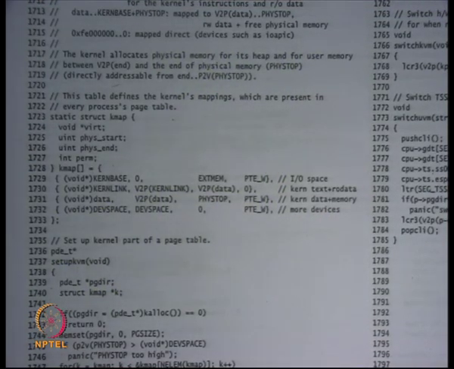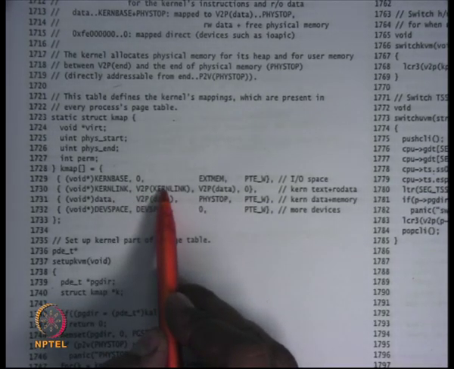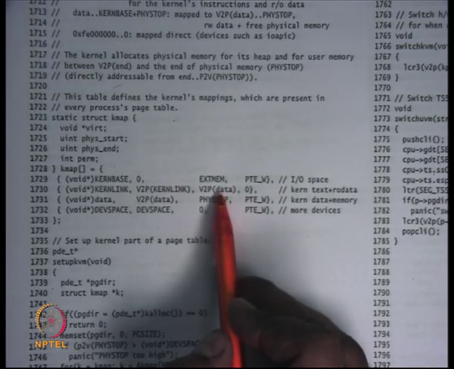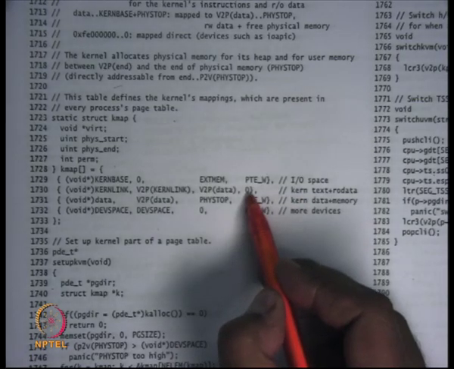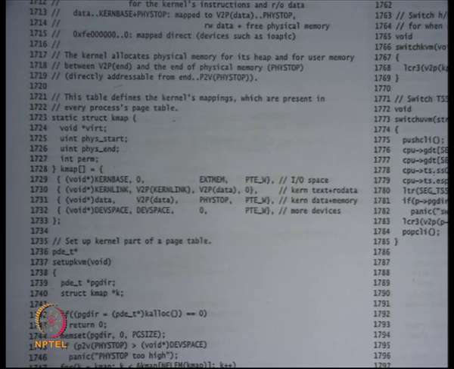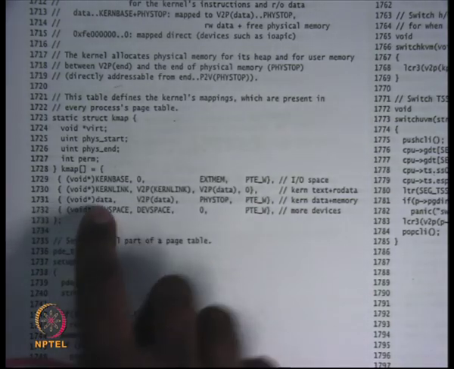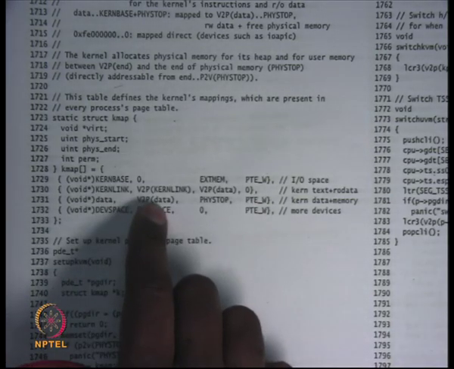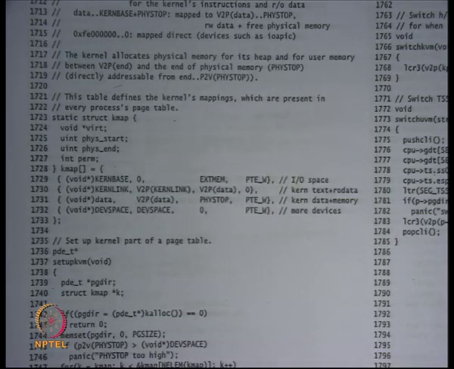Okay, so that's what's happening here. Kern link, V2P kern link, which is 1 MB to V2P data, right? So wherever data starts, till that point you map it with 0 permissions. 0 means read only permissions in this case, right? If it's writable, then you say PTE_W. If 0, that means read only. And then starting at data, map it from V2P data all the way till PHYSTOP. PHYSTOP is the size of the physical memory, let's say, or the maximum size of physical memory that you will support. All the way up to PHYSTOP, you map it with writable permissions.